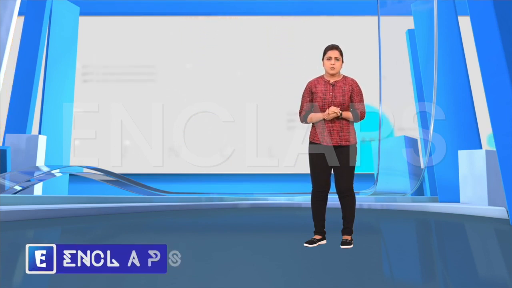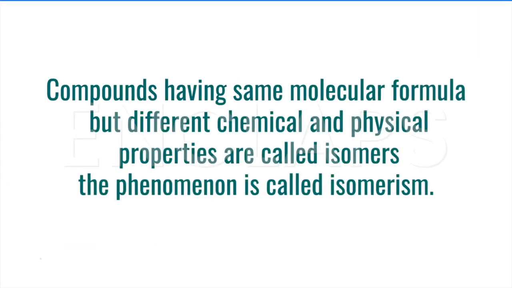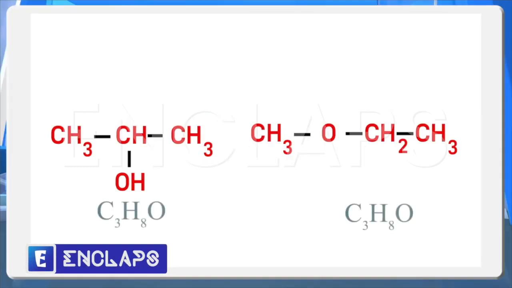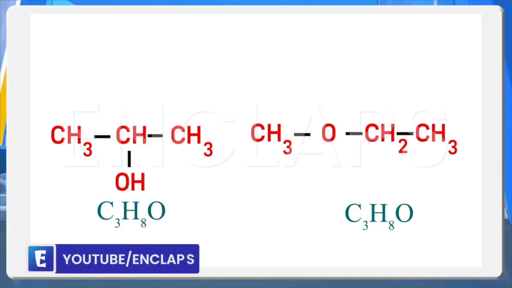So what are isomers? The organic compounds having the same molecular formula but different chemical and physical properties are known as isomers, and this phenomenon is known as isomerism. In the first compound CH3 CHOH CH3, the molecular formula is C3H8O, but the functional group